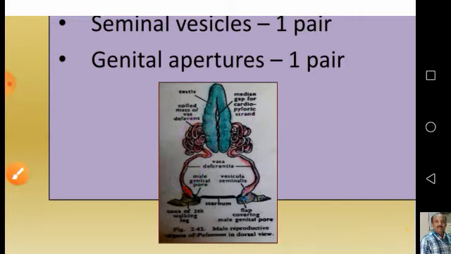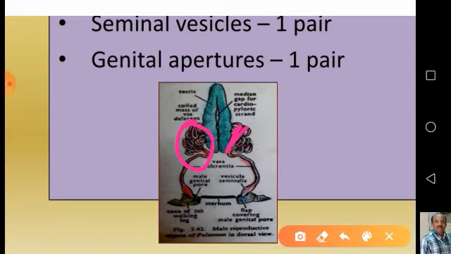Each vas deferens arises from one testis on either side. The vas deferens arises from the posterior end of each testis. See here, you can see it is convoluted. It starts from the posterior end of the testis, and on emerging out, the vas deferens of each side at once forms a much coiled mass. See here, very much coiled. Just after coming out, immediately it makes a very convoluted tubule, a coiled mass, and then runs ventrally downwards.